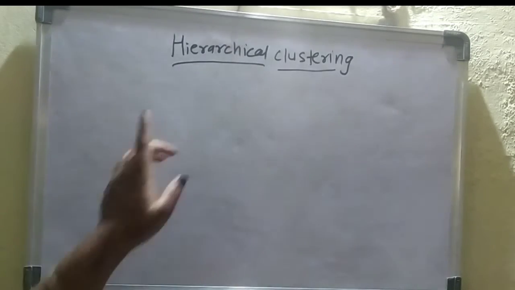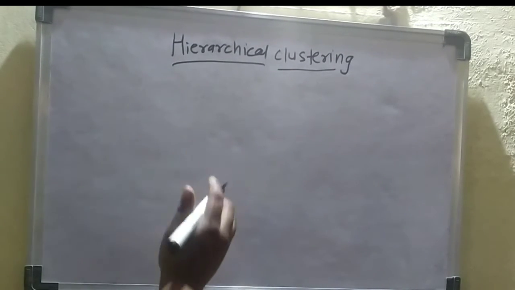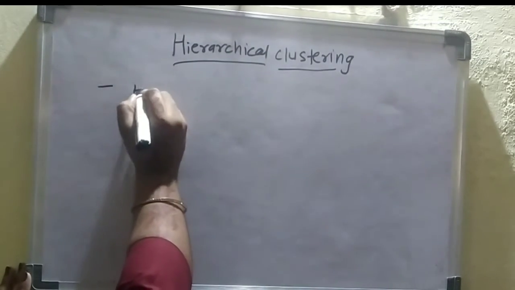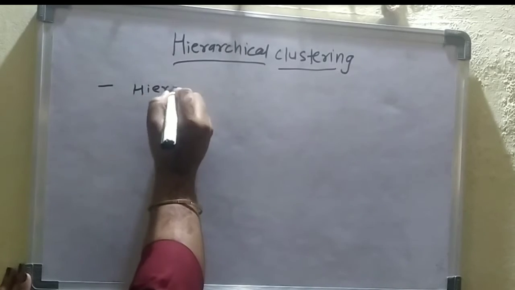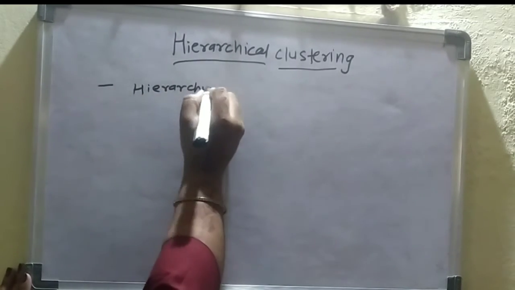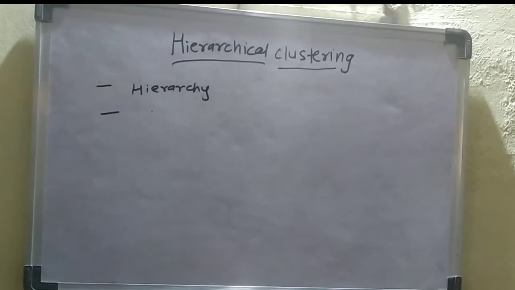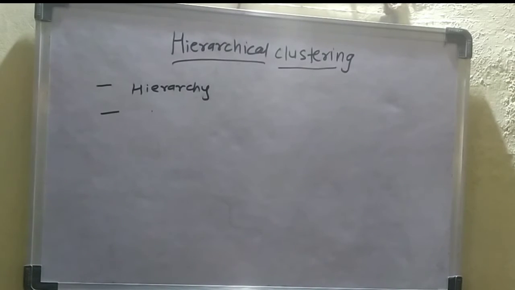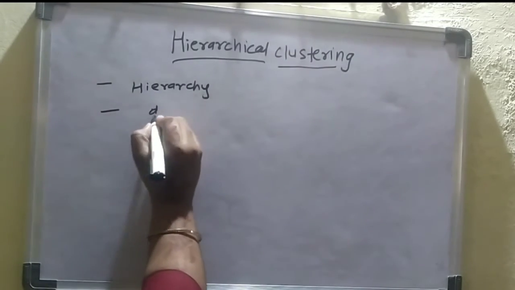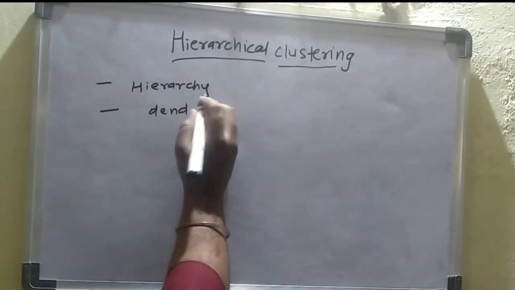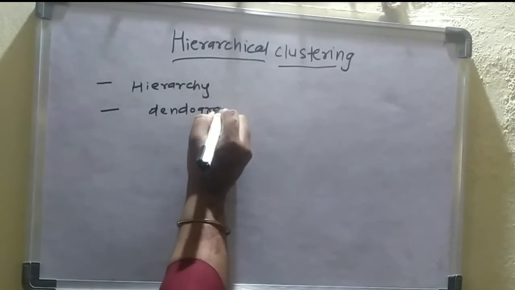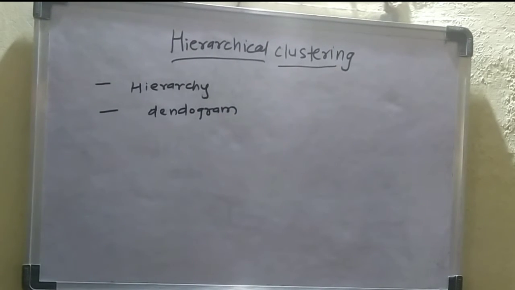In hierarchical clustering, as the name indicates, it will show the hierarchy of the data points. Hierarchy is denoted with the help of a structure, the same as a tree-like structure. So in hierarchical clustering, we are using the tree-like structure. It is also called a dendrogram. Here we will use a dendrogram for demonstrating the structure of the given data points.